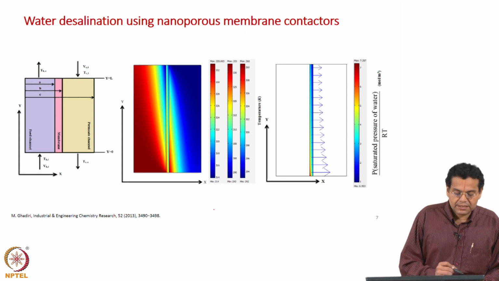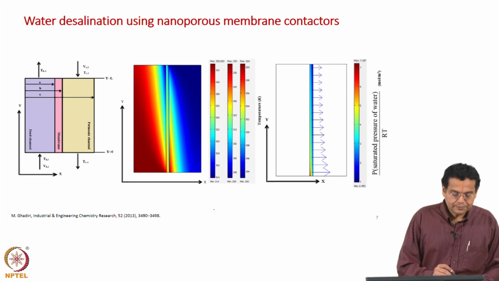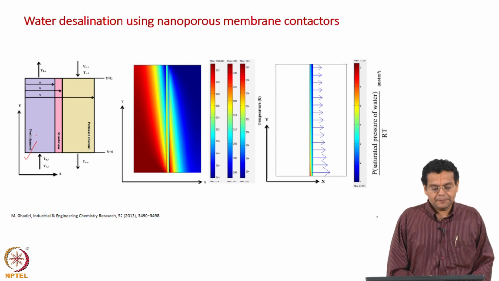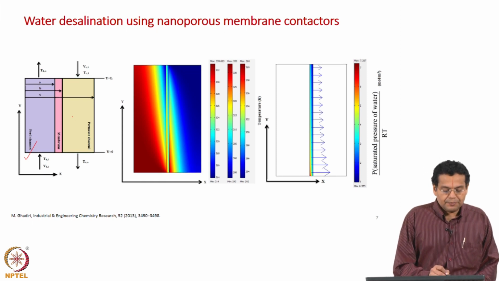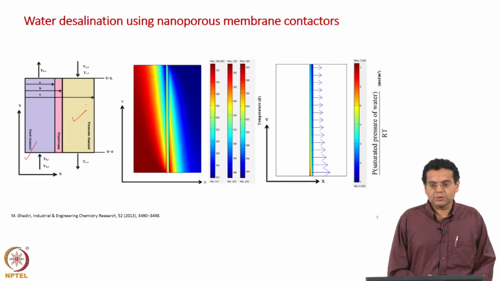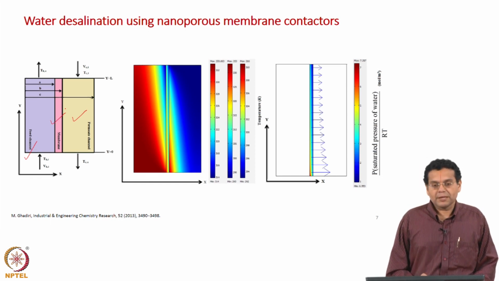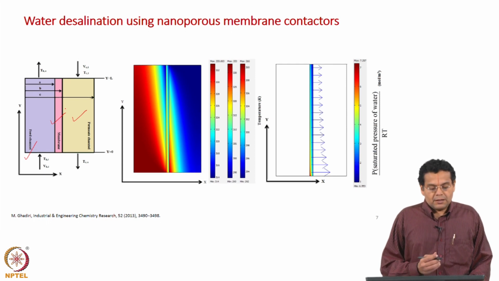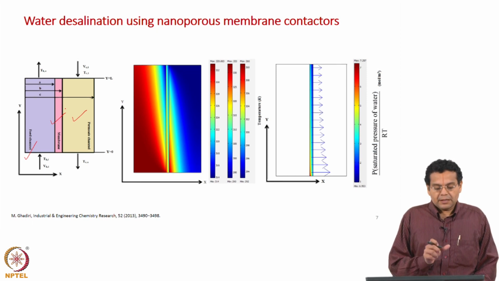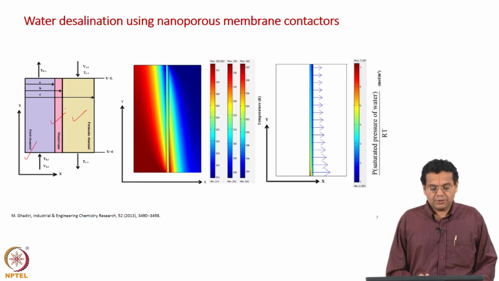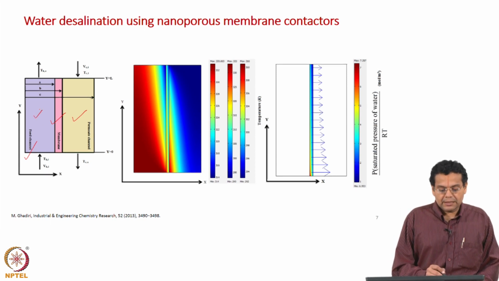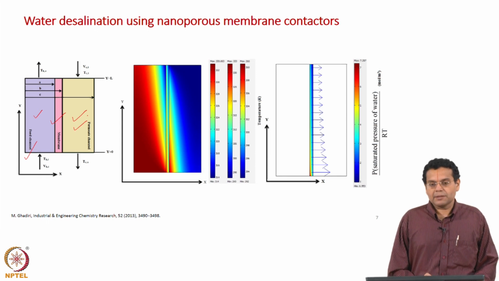So, the membrane distillation unit is schematically shown here. Through the feed side we send, let us say, the brine solution, and through the permeate side we send water, and what separates these two sides is a hydrophobic membrane, and the driving force for the operation is the temperature difference between these two streams. The feed stream is at a higher temperature, the water stream is at a lower temperature.